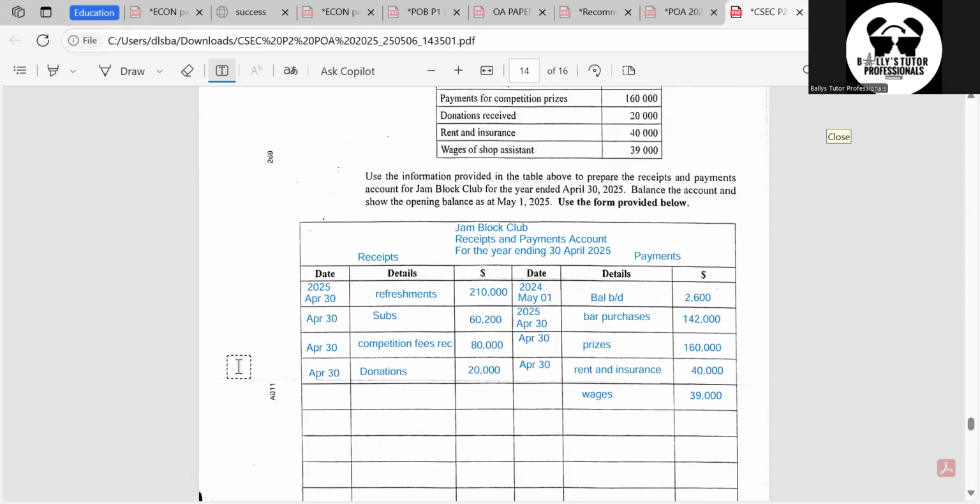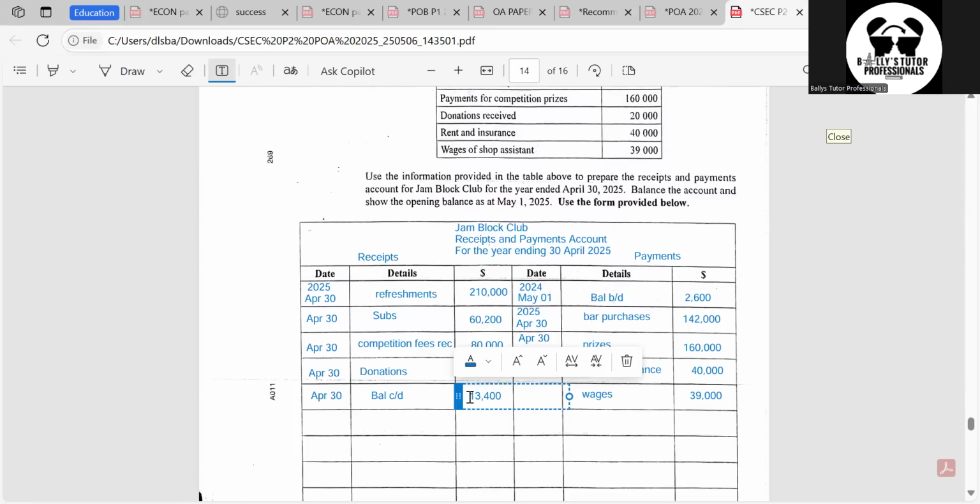From looking at it, I can see that the credit side is going to be slightly bigger. So I'm going to the debit side, which is the smaller side. I'll put the last day of the month, which is the 30th of April 2025. Details: balance carried down. I'm going to add up the credit side, the bigger side, and I'm going to minus the smaller side from it. So it'll be 2,600 plus 142,000 plus 160,000 plus 40,000 plus 39,000. And then I'm going to subtract 210,000, 60,200, 80,000, and 20,000. And that will leave me with